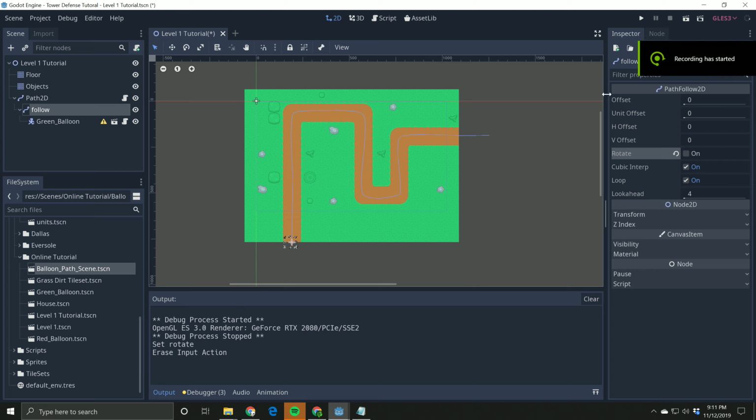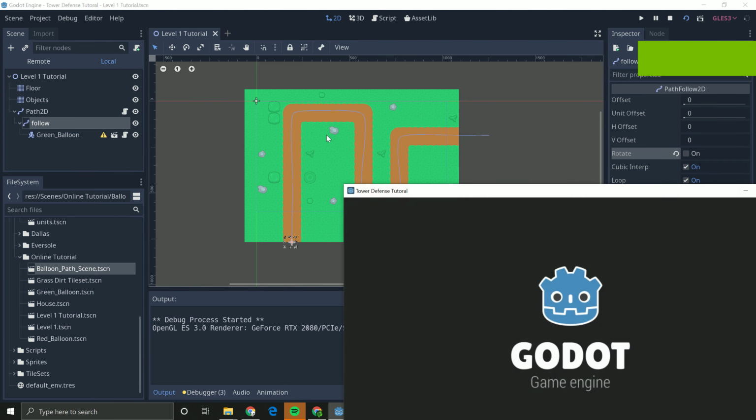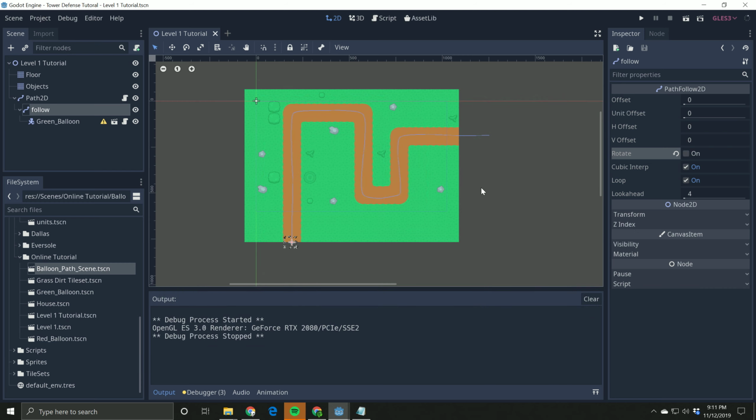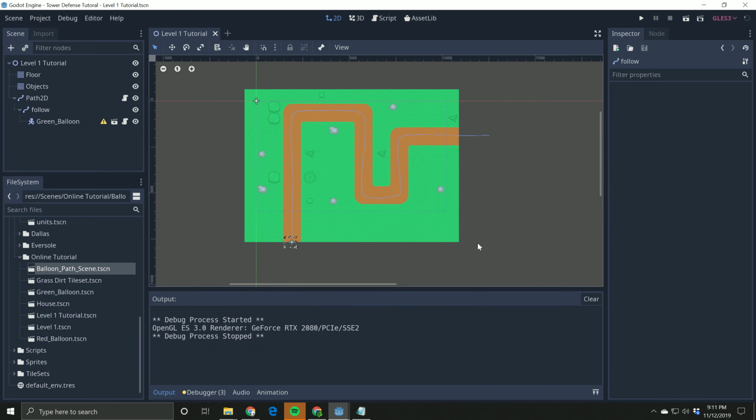Alright guys, we're picking up where we left off. We have a game that when we play it, we have a balloon that goes down the path. If you click the balloon, it will pop. And we would like to make more balloons. We don't just want to have one balloon, so I want to have multiple balloons that can float down the